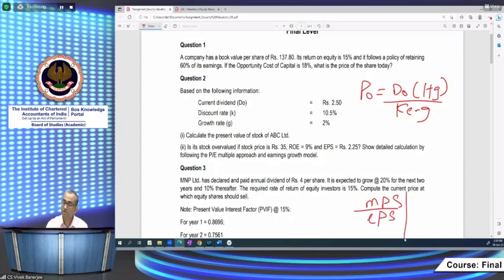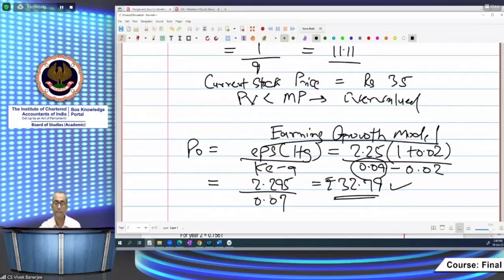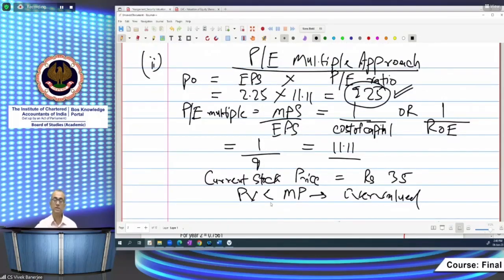तो इस कॉन्सेप्ट से प्राइस अर्निंग रेशियो को हम नहीं निकाल सकते थे, क्योंकि मार्केट प्राइस शेयर के रिगार्डिंग कोई इन्फॉर्मेशन है नहीं। तो इसको दूसरे तरीके से निकाल सकते हैं, जो है 1 अपॉन रिटर्न ऑन इक्विटी। इस तरीके से हमने प्राइस अर्निंग मल्टीपल निकाला। प्राइस अर्निंग मल्टीपल को हमने EPS से मल्टीप्लाई किया तो हमारा P0 आ गया। प्राइस अर्निंग मल्टीपल हमने यूज किया 1 अपॉन ROE, और ROE हमारा आ गया। तो देन करंट स्टॉक प्राइस को हमने EPS इंटू ROE से मल्टीप्लाई किया,